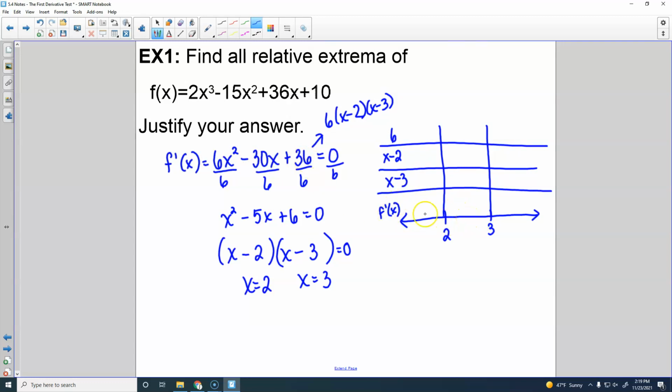Here's the reason I don't love that. A number between 2 and 3 has to be like 2.5, and you've got to plug it into 6x squared minus 30x plus 36 without a calculator. It will still work, you just have to deal with that. So to avoid doing that, all right,